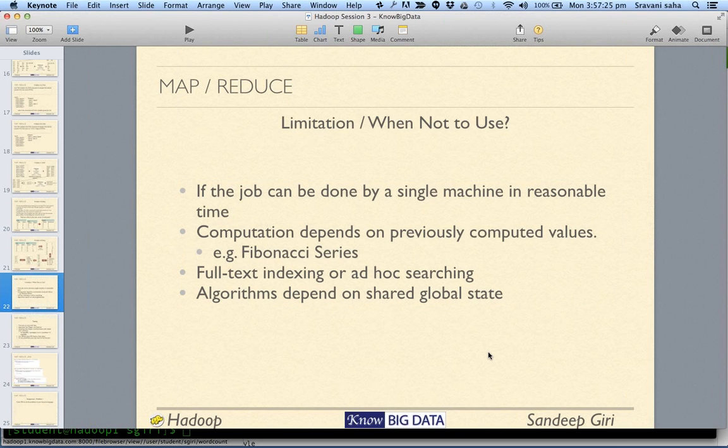So we just proved that there are a lot of problems that could be solved using the MapReduce paradigm. We took those for example. There are a few cases where you should not be using MapReduce. For example, if the job can be fairly achieved using a single machine in reasonable time, there is no point in doing it on the cluster. Other than testing and learning, there is no point of doing something which can be fairly achieved on a single node using Hadoop,